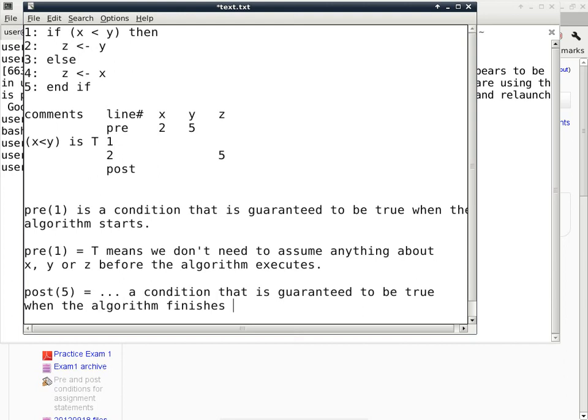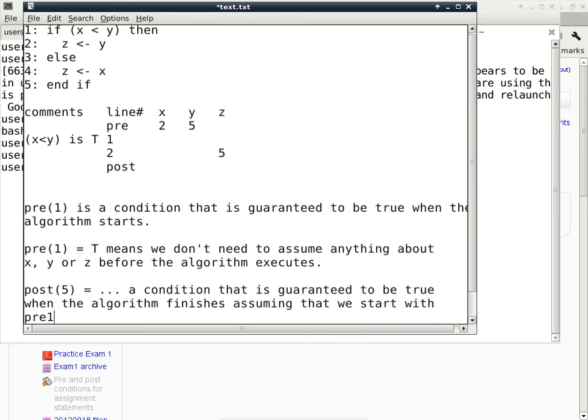So this is a condition that is guaranteed to be true when the algorithm finishes, assuming that we start with pre-1 as a precondition of the algorithm. Now that is a very powerful statement because it is basically saying if you can guarantee that this is true before the algorithm starts, I can now guarantee that this has to be true when the algorithm finishes,